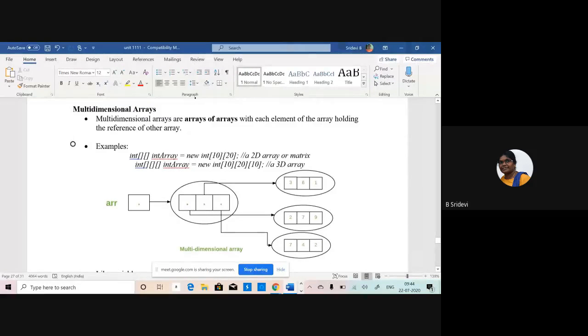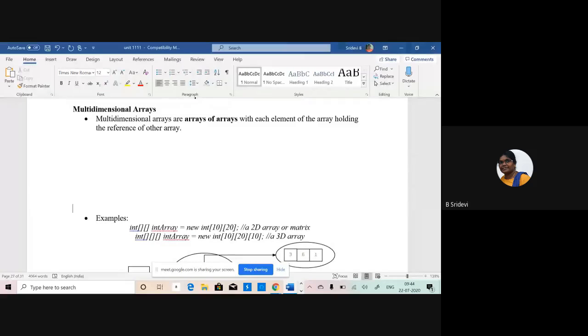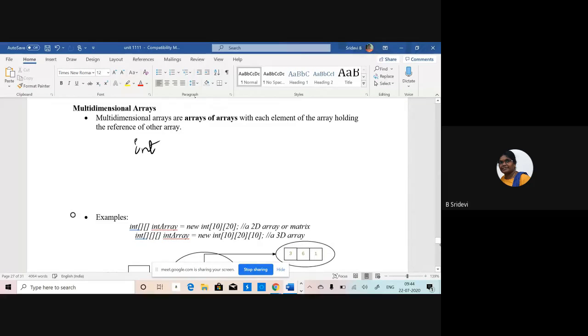So now we'll see multi-dimensional arrays. How are multi-dimensional arrays declared? This is for single dimension, no? For multi-dimension, we'll keep it in this way. This is the array name, followed by, to allocate memory, the same old operator new. What kind of array do I want to create? I want to store integers. Here I have to specify dimensions. Suppose I specify 3 here and 5 here, I want to store 5 columns and 3 rows. Do you know the meaning of this?